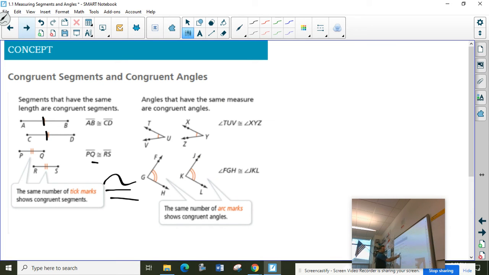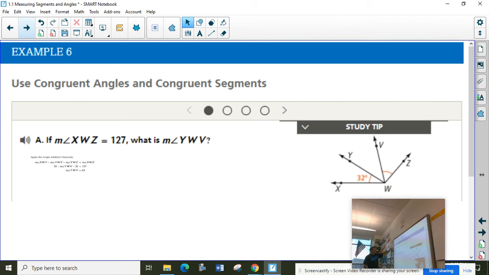We do the same thing with arcs. This arc and this arc are congruent. This arc and this arc are congruent, okay? This is really huge in geometry. This is a big, big part of geometry there. Okay? So if angle